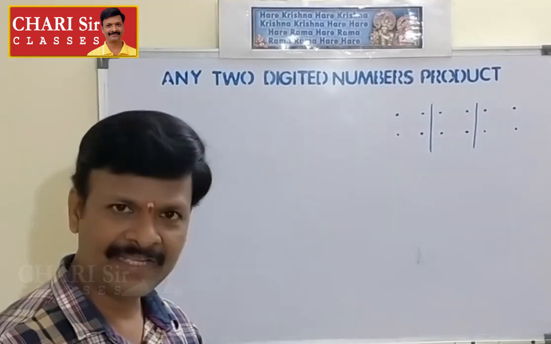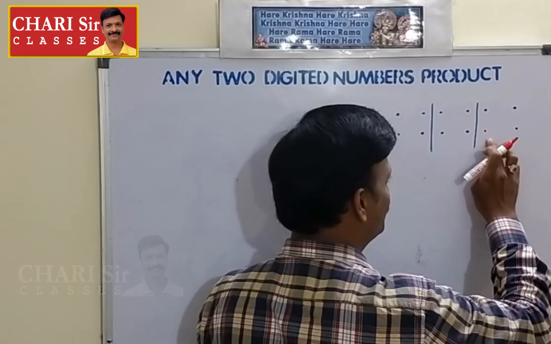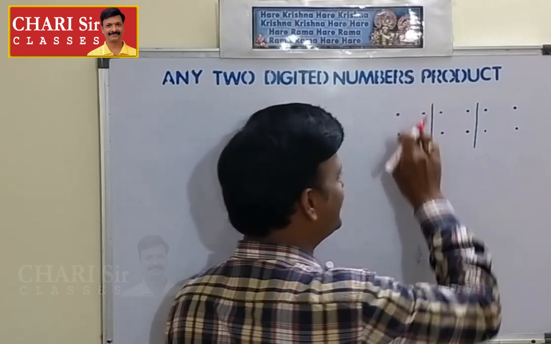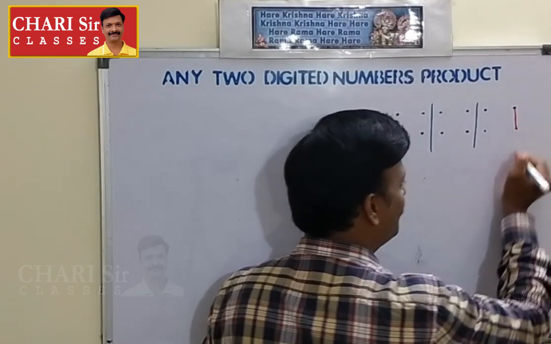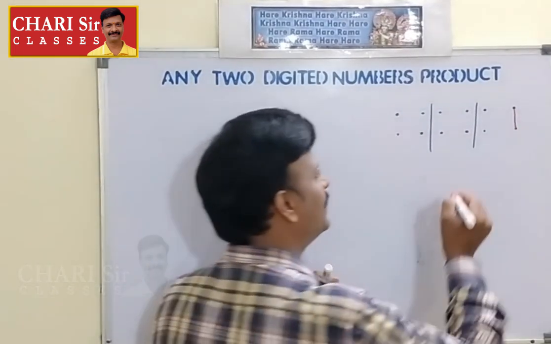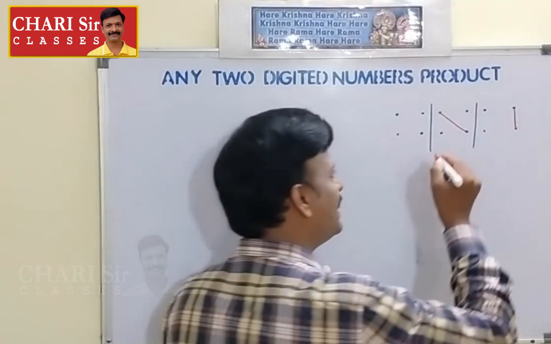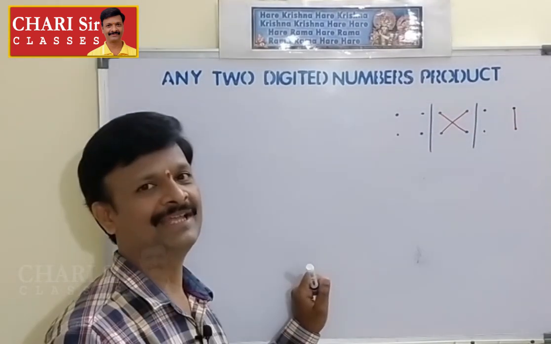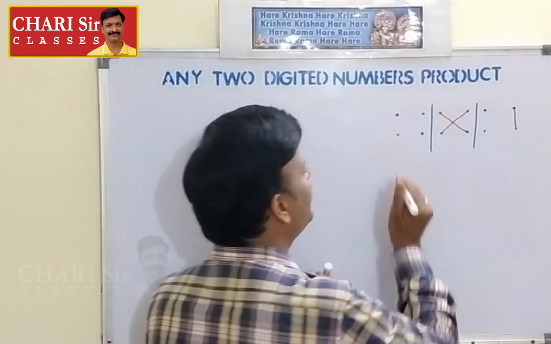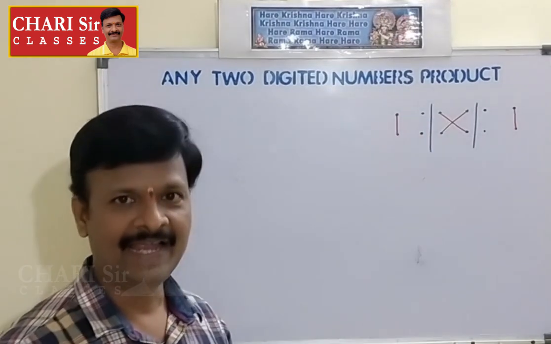That's it. Very simple. Now this is the units place and this is the tens place. Units place, tens place, units place, tens place. First, the 2 units place digits you multiply and write down. After that, units place digit you multiply with tens place digit, and tens place digit you multiply with units place digit, and add them together and write down. And finally, just multiply the tens place digits and write down.